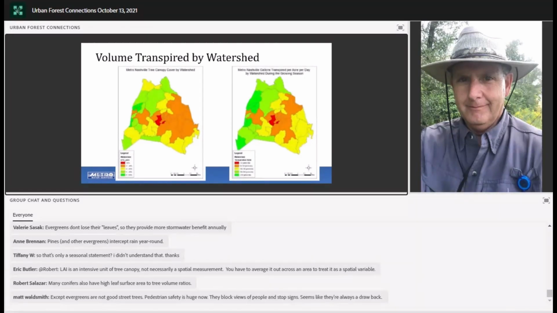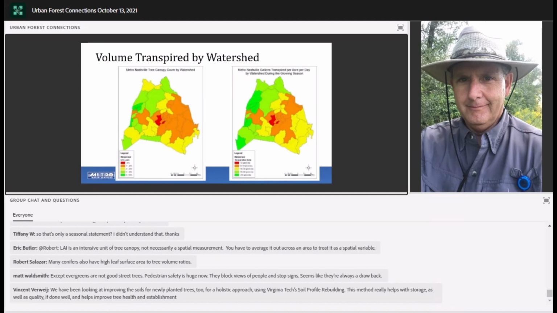Unfortunately, here in Nashville, we do not yet have that species and size information. We are looking to do this over the next several years, doing plot-based analyses using something like iTree Eco, so we can get its species and size distribution by watershed. But what I was able to do is use Trisha's information and some of her equations to look at